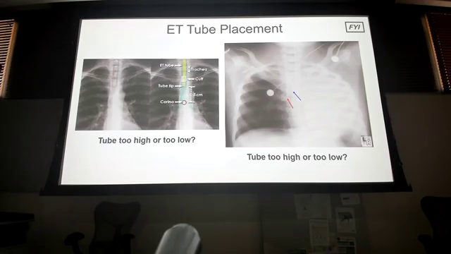Sometimes would you need to purposely do a right main stem? Yeah, if you're doing surgery on the opposite side, they may purposely intubate that side, the left or right main stem, so that they can deflate that lung so they can work on that side. There's certain operations, or like I said, they may just have already had a lungectomy and had that lung removed, and you're that person who puts in the chart clear auscultation bilaterally, and then you kind of have to be the one who gets made fun of at rounds because you put bilaterally when they only have one lung, right? So look at your patient's history ahead of time before you do that.